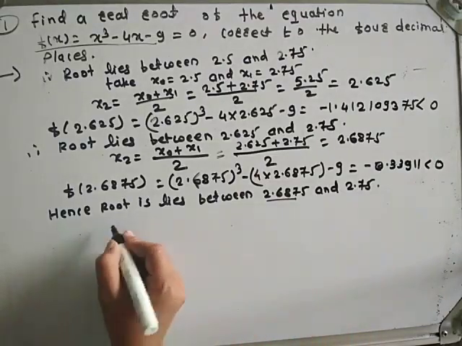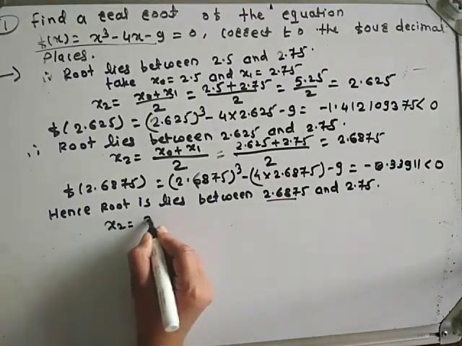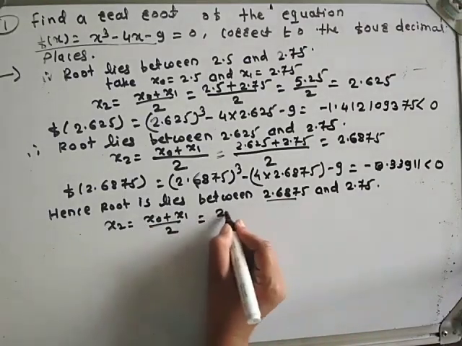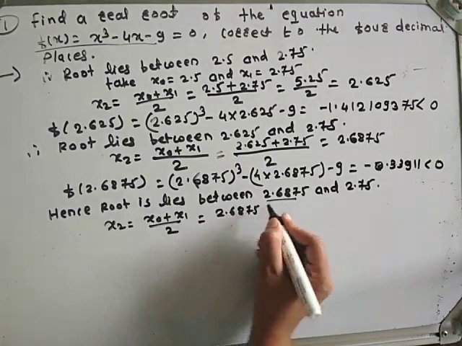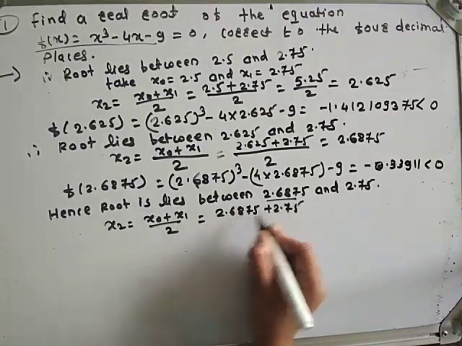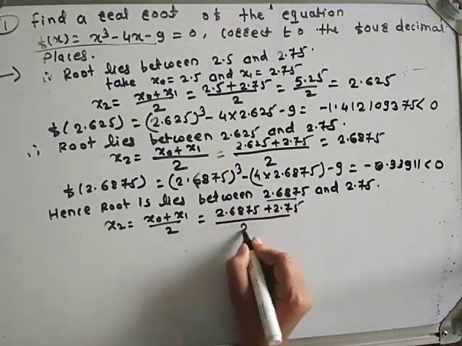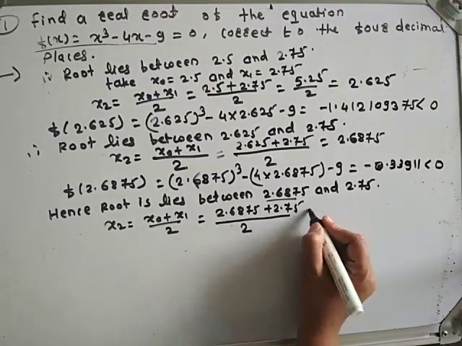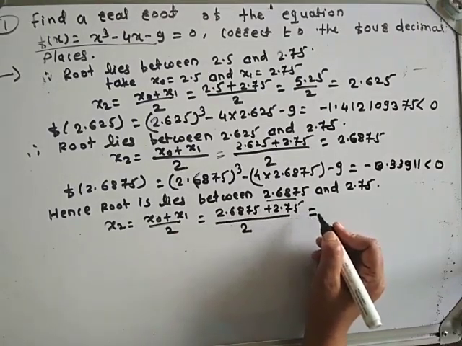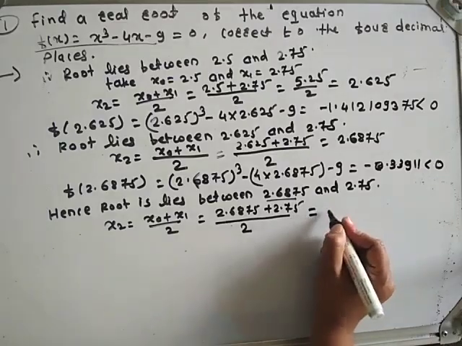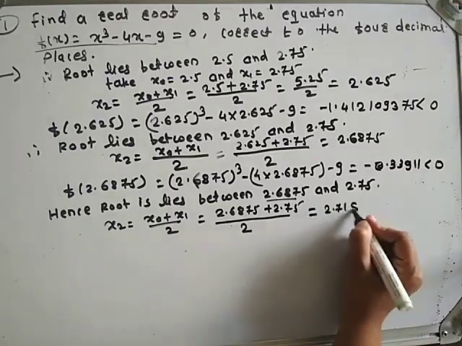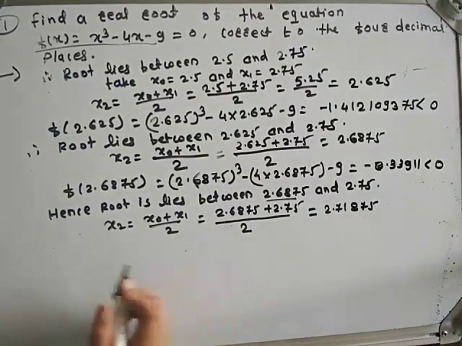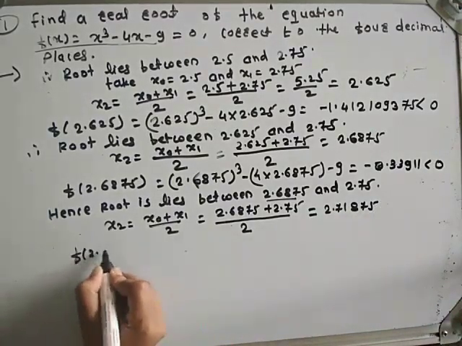Therefore, the approximate value of the root x2 is equal to (x0 plus x1) upon 2, which is equal to 2.6875 plus 2.75 upon 2, which is equal to 2.71875. Now calculate f of